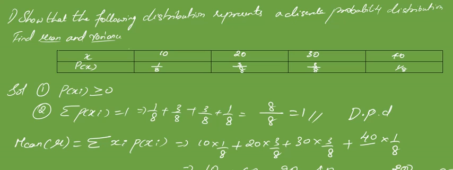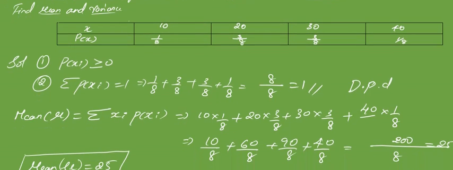So what is our first step? We need to show whether the given table is a discrete probability distribution or not. So we should know what are the two conditions. The first condition, probability of xi should always be greater than or equal to 0. And when you add up all the probability of xi, that is p of xi terms, the value should be equal to 1. So these are the two important conditions to check whether the given system is a probability distribution, discrete or continuous.